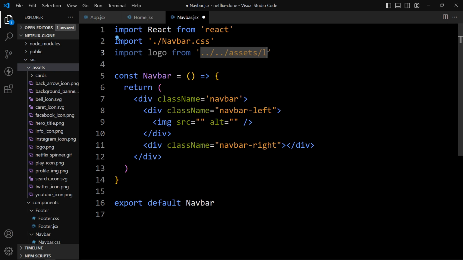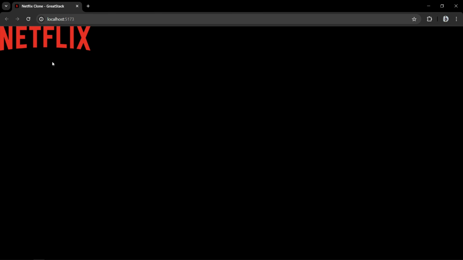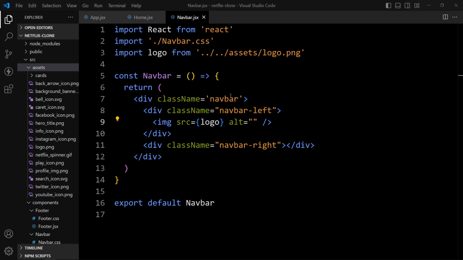So we will add logo.png. Now we can use this logo in this src with the curly braces. So we have added this logo. Now if I open the web page, you can see this logo on the web page. After that we'll add the menu links.